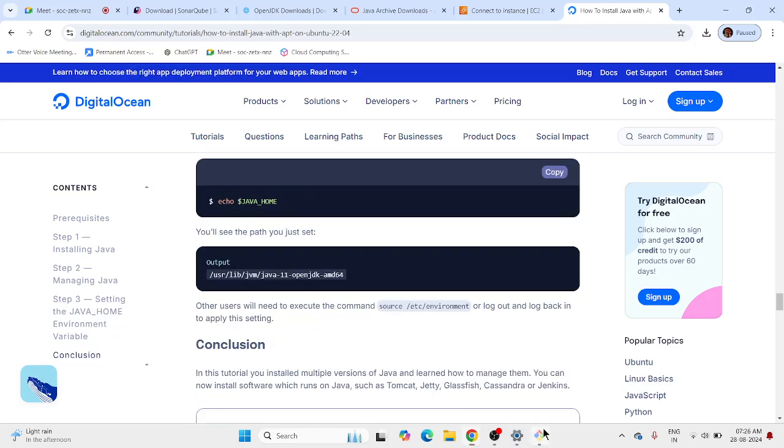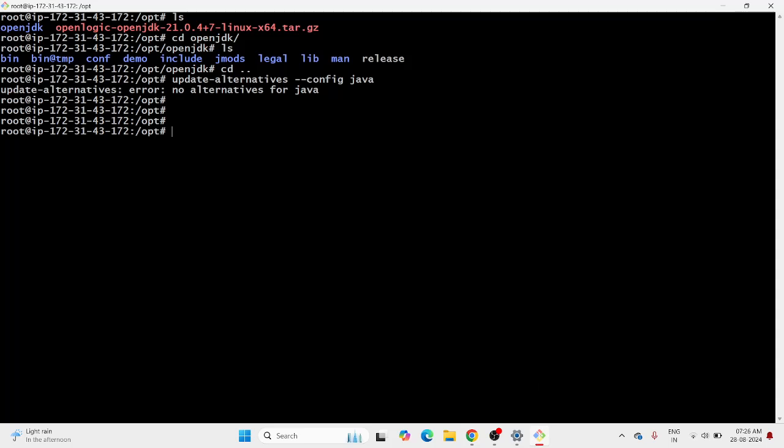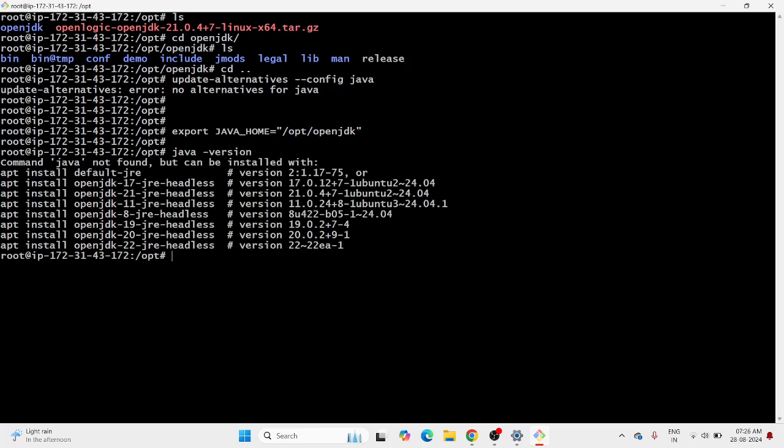Even we'll do it simply, like export JAVA_HOME. What is the path? Slash opt slash openjdk, correct? Sorry, this is our Java user. Am I correct? I think yeah, that's fine. That's it. Let's try whether Java works or not. No. See, Java not found still